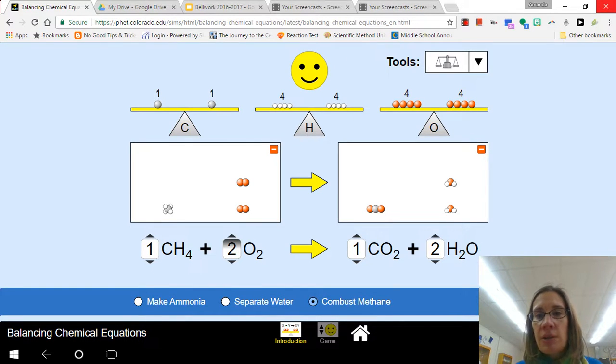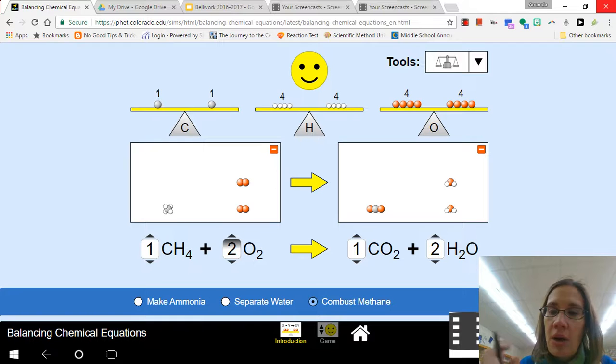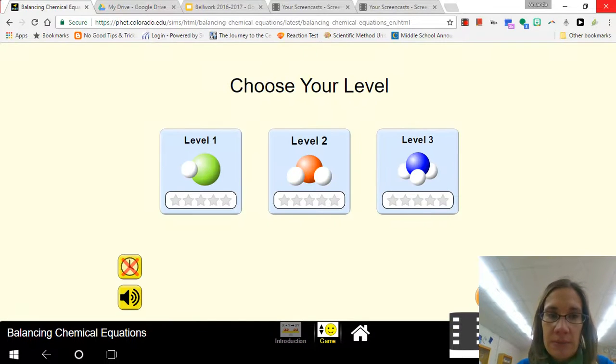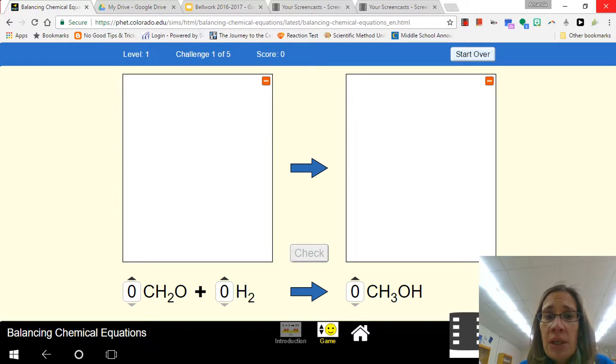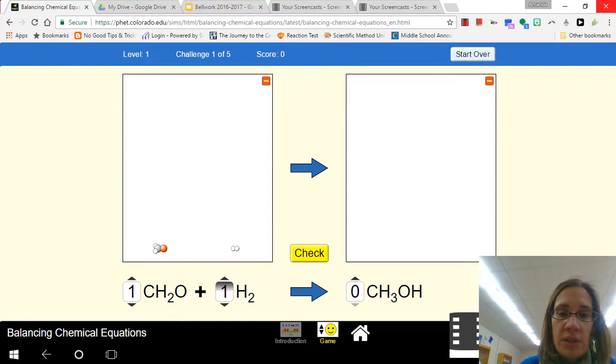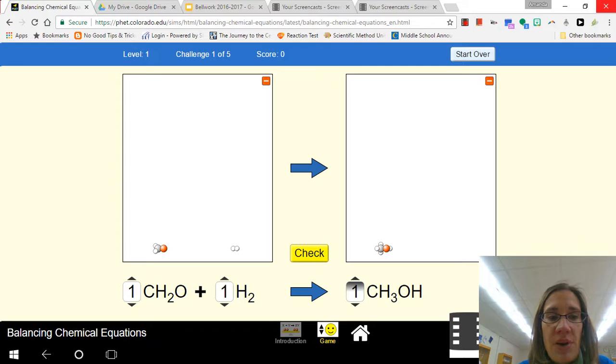All right, now that we've done this using the balance, let's see if we can do it without the balance. This brings us to slide 2. So you're going to go ahead and click on the game slide. Click on game and choose level 1. Now the first thing, you can see they're empty. There's no scale, so you might have to do some counting. So add coefficient 1 to each. It looks like we've got 1 carbon on the reactant side, 1 carbon on the product side. We've got